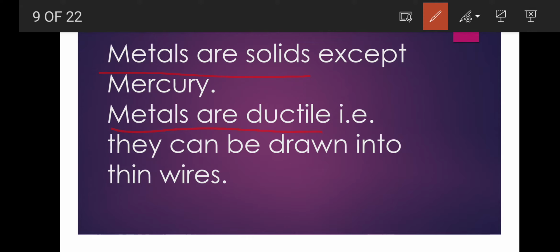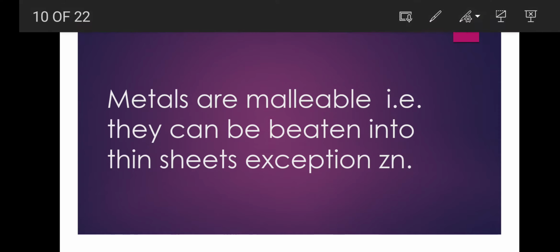Now the next property is that metals are malleable. Malleable means they can be beaten into thin sheets. Clear? The exception is zinc. All the exceptions are very, very important. Generally metals are malleable, but zinc is brittle. Brittle means on beating it breaks into pieces. Clear? And this property, that metals are malleable and can be beaten into thin sheets,